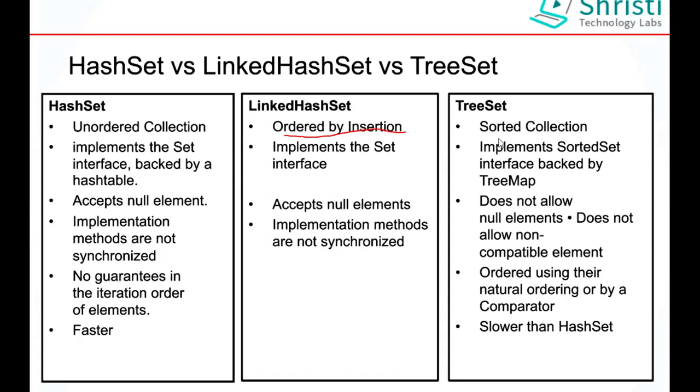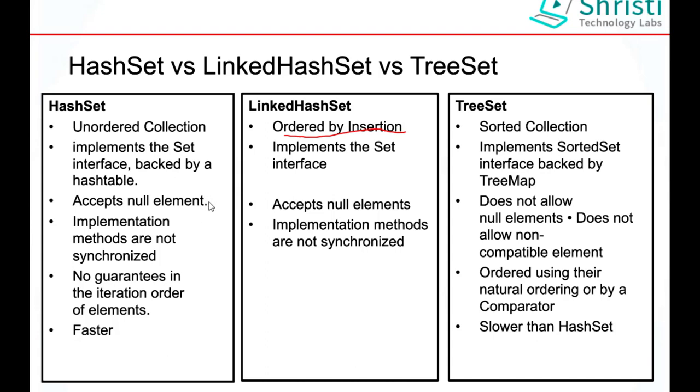Tree set. Tree set is a sorted collection, meaning to say that the elements are sorted by alphabetical order or numerical order. If you are going to work with inbuilt classes like string or wrapper classes, in that case the elements will be sorted in alphabetical order in case of string and numerical order in case of wrapper classes. In case of custom classes like employee or customer, to sort the elements based on a particular criteria, the first thing is to prevent duplicates, you need to override hash code and equals. To sort the elements of these custom classes, your class should work with either comparator or comparable.